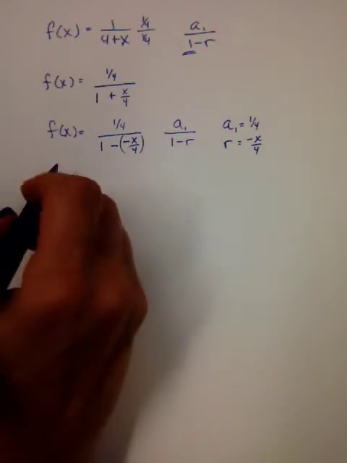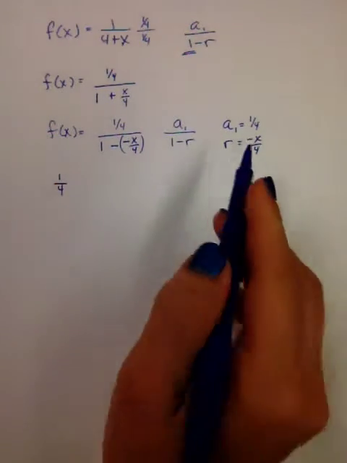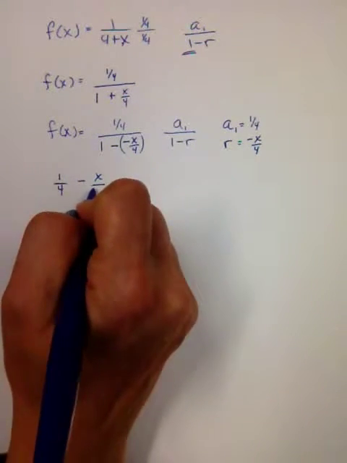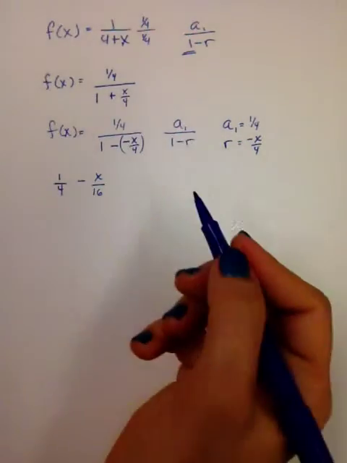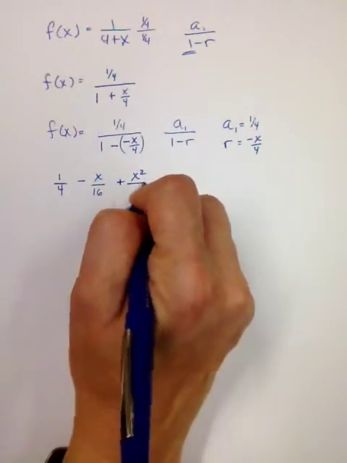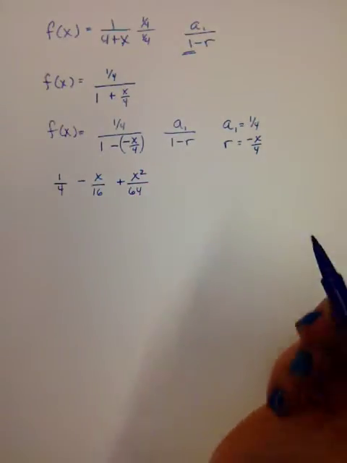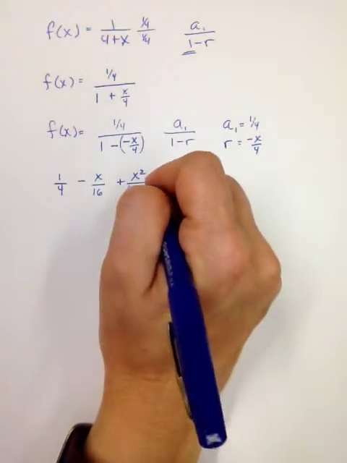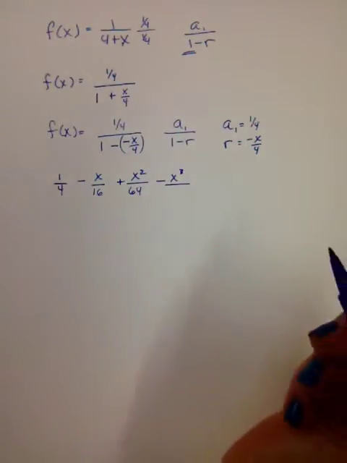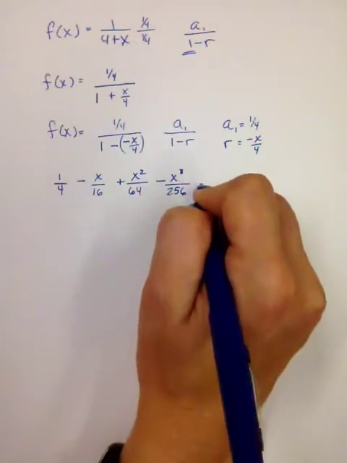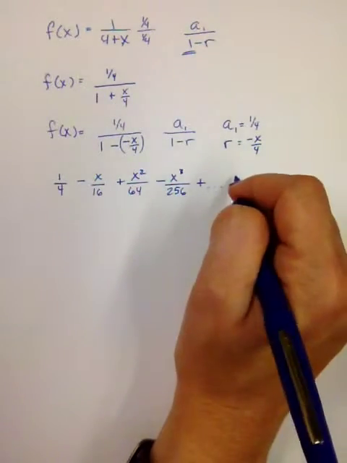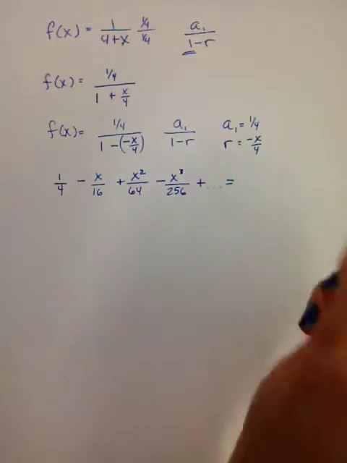So if I write out my series, my first term is 1/4, then I'm going to multiply by a negative x over 4. So minus x over 16, then times another x over 4, so plus x squared, and then 16 times 4 is 64. I need one more, so times another negative x over 4, so minus x cubed over, and then 64 times 4 is 256. Those are my first 4 terms plus my ellipses equals, and then this will be